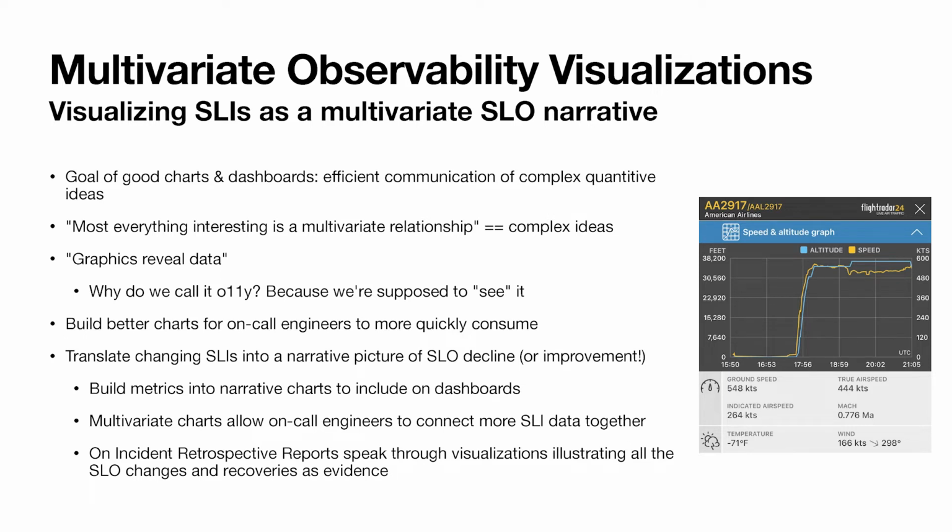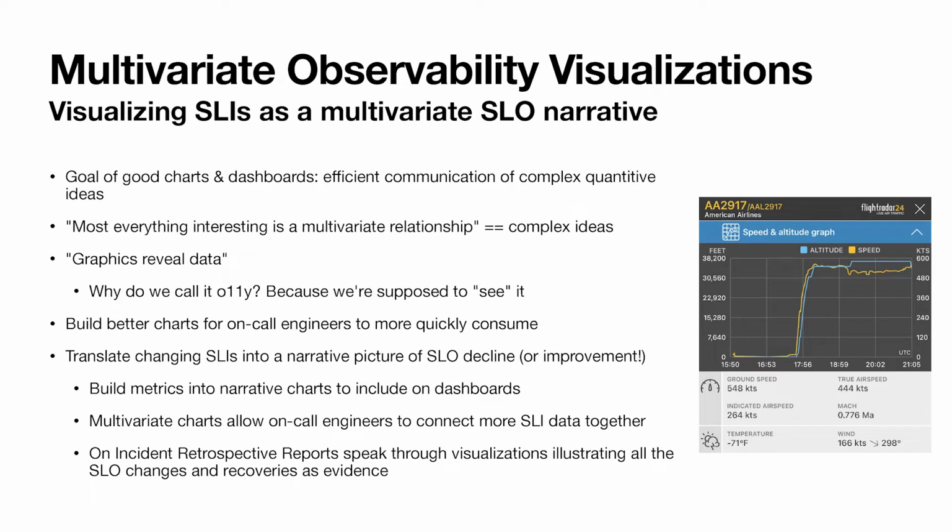We call it observability because we're supposed to be seeing something out of it. So what I'd like to stress is to build better charts for on-call engineers so that they may quickly consume the information that's in them. To translate those service and system level indicators that we have into this narrative picture of an SLO decline, or maybe its improvement. Build metrics into narrative charts to include on these dashboards, and use these multivariate charts to allow